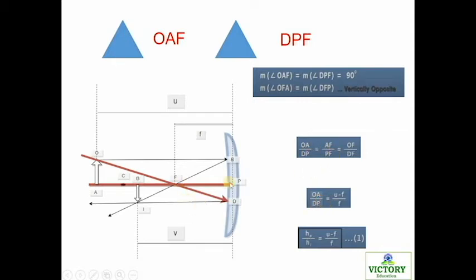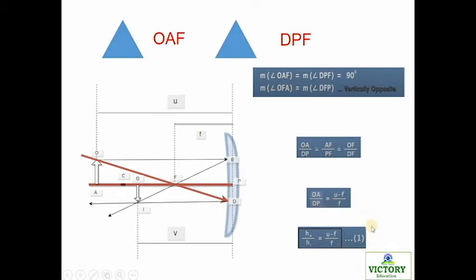So what is your PF? Here is your P and here is your F. So the distance from P to F is nothing but your f, so I'm just writing it as f. Now what is your AF? A to F would be A to P, which is your u, and F to P is your f, right? So this entire line is your u, and removing this F to P, you get AF, which means u minus f is your AF. So I'm just replacing my AF as u minus f and DP as f.